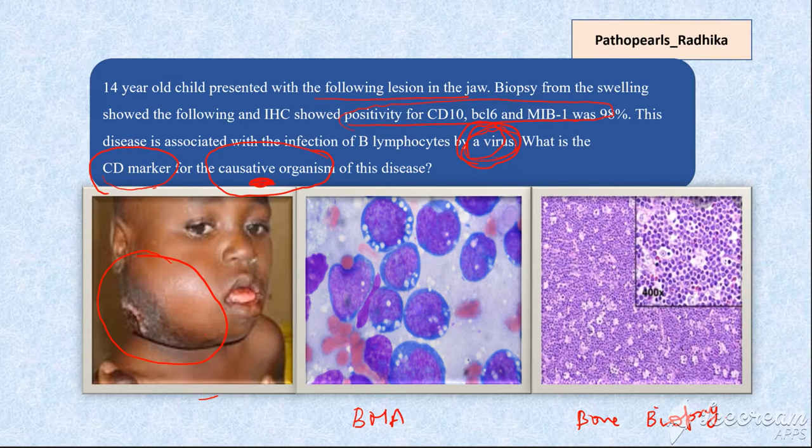So this is the appearance of a child, and this is the bone marrow aspirate which is showing a blue cytoplasm with multiple vacuoles. So this is one of the diagnostic clues, and you can do a special stain to highlight these vacuoles. Basically they are vacuoles which contain lipids. So what is the special stain for lipids? We have already discussed in the previous videos what's the special stain for lipids. It's oil red O.